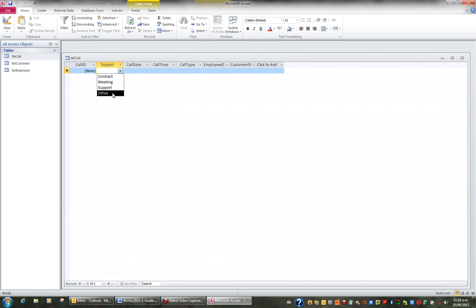When I'm designing a drop down, I often try to make it that each option starts with a unique character, and that way when people are doing data entry they just have to hit C for Contract, M for Meeting, S for Support or O for Other, and it makes it quick for them to do data entry. It also means that they can't enter anything that's not in the list, and therefore you don't get invalid data